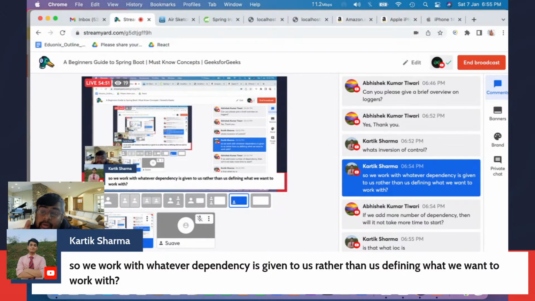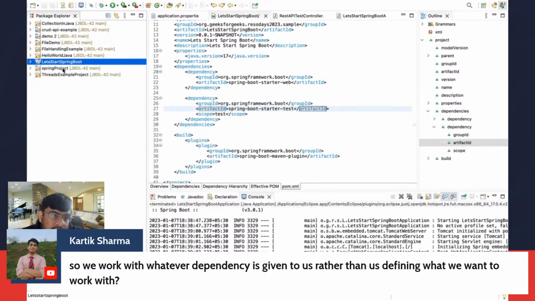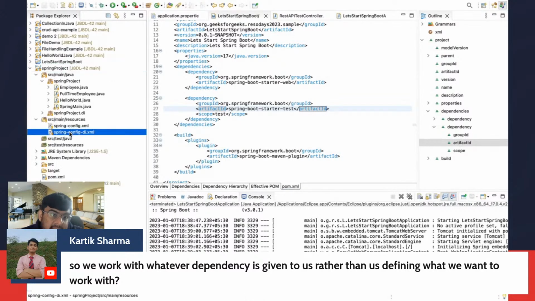No, IOC is a Spring concept. This is Spring Boot. Karthik, this is Spring Boot. So what is IOC? Don't mix the two dependencies. This dependency is the package or the project dependency. The dependency which I was showing you is in my Spring. Let's say that